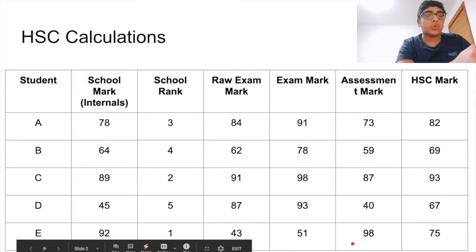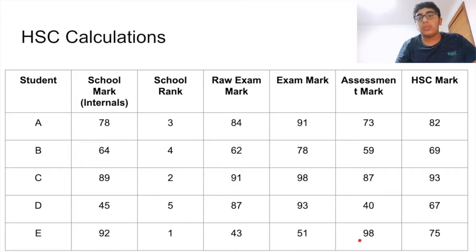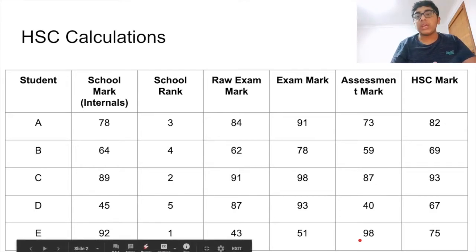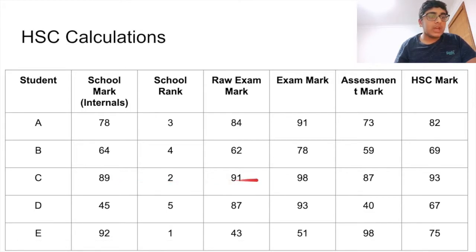That is only for the top person in your class. After they do that, they will do moderation. What they'll do is look at the gap between the first and the second person. In this instance, the gap between this person and this person is 3, right? So therefore, the second person should get